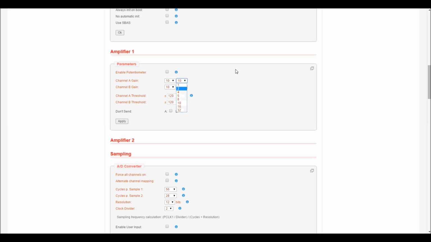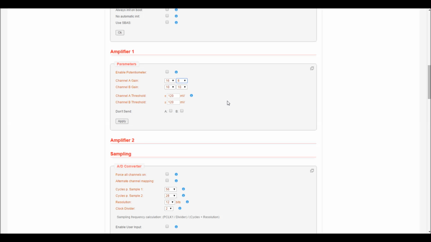So the product of these is indicating the total gain. In general, it'll make the first one higher than the second. So we're at 100 now. If you wanted to go up, you might want to just go up to 16, but that would be a mistake because 16 times 10, you're going from 100 to 160. So you'd want to go to 16 here, maybe down to 8 here, which would give you, what, 125 or